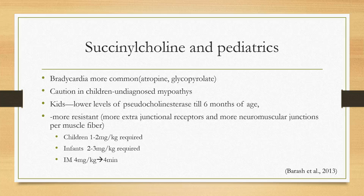This can be mitigated by atropine or glycopyrrolate, an anticholinergic, typically in adults on the second dose. It's cautioned for any pediatric use under the age of 12 because of undiagnosed myopathies, especially in males. Kids have lower levels of pseudocholinesterase, which is the main source of metabolism for succinylcholine, until the age